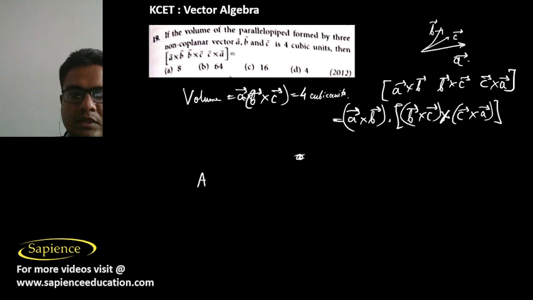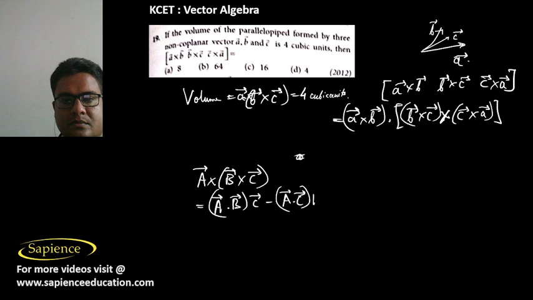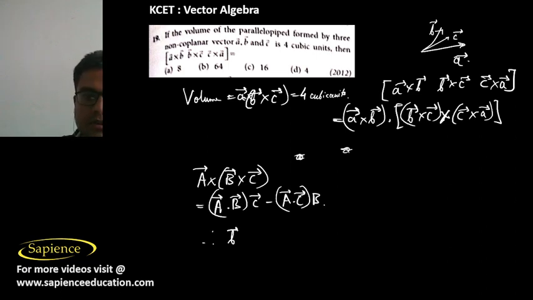So we know that A cross B cross C is A dot C into B minus A dot B into C. So here also, B cross C cross C cross A can be written as